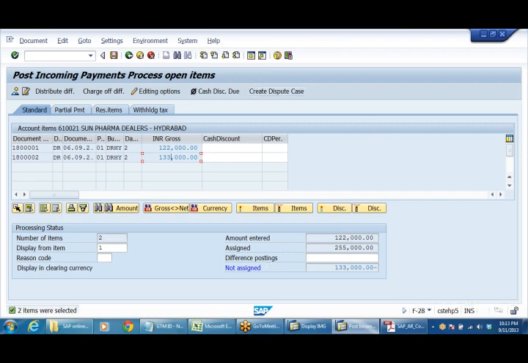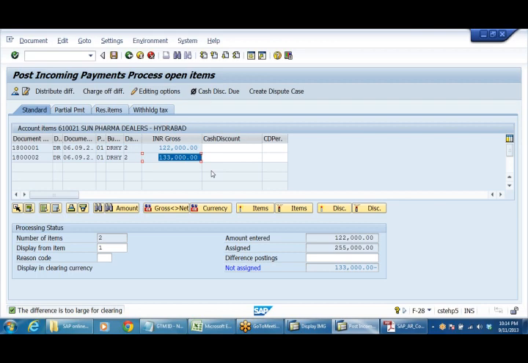Now we have entered 1,22,000, and if I want to save, the system will not allow me to save. See, the difference is too large for clearing. The system is thinking I am going to clear the entire 2,55,000 with 1,22,000. These figures are blue in color, which means they are in active mode.